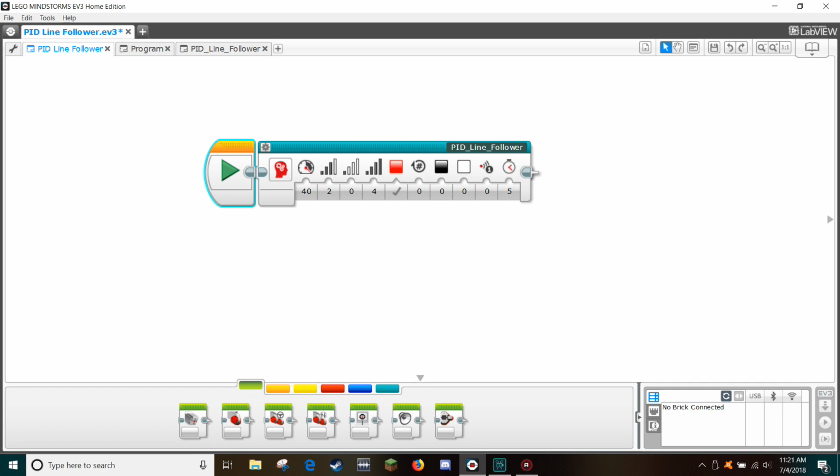If you want the robot to follow the line for 1000 degrees of rotation, put 1000 in the degrees box. Or if you want the robot to stop when it sees white on the second light sensor, type 90 in the white threshold box. Tuning your PID values, power, KP, KI, and KD will be another video, but some quick